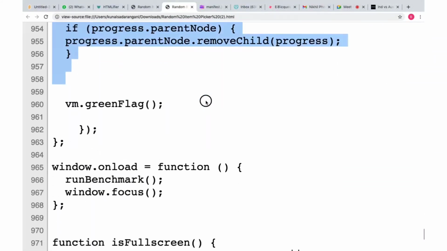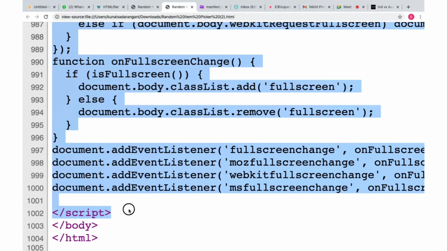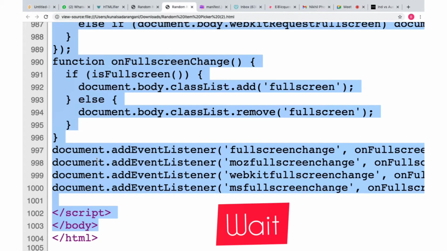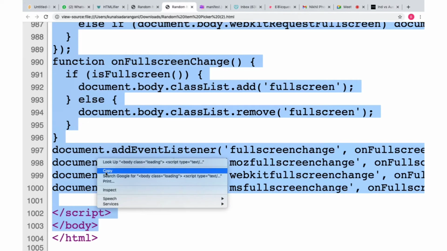Let me see till where. It's almost till the end. Copy till script body. Okay, 1003. So copy till body. Don't copy HTML. And again, do your right click. When I right click, you can see it will take a little time, because I'm going to copy so much, so your computer may take time. So don't keep right clicking. Just have a little patience and do copy.